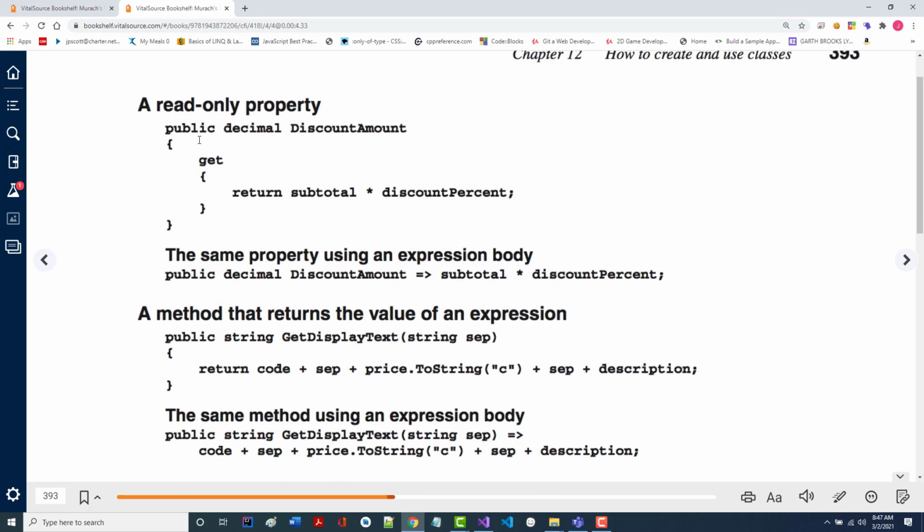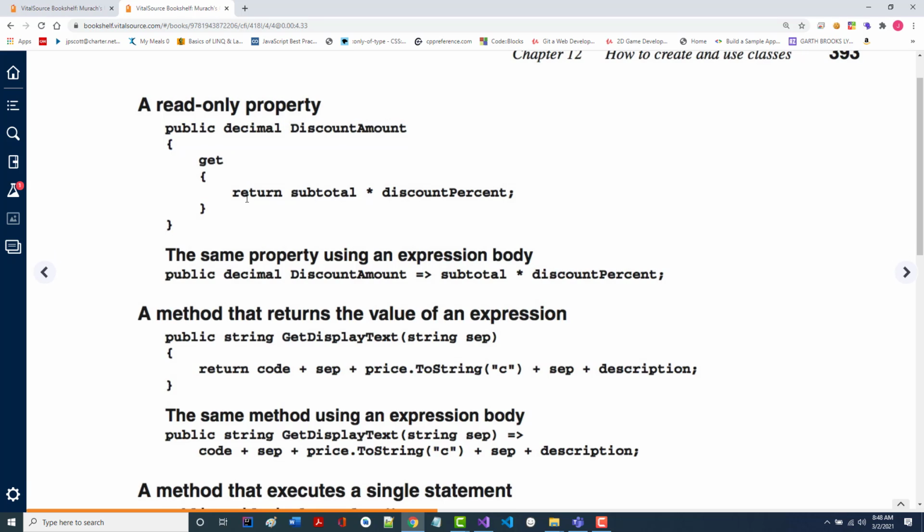So what they're saying here is, if we did this, now notice in this case with this get, this is the discount amount. This is actually something that's being calculated right there. You see that? That's not just a return.